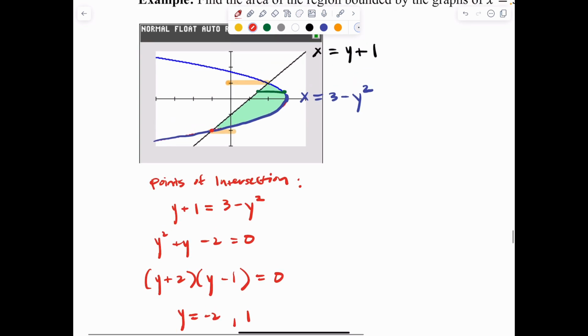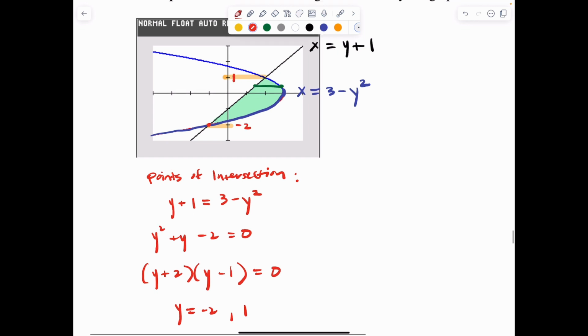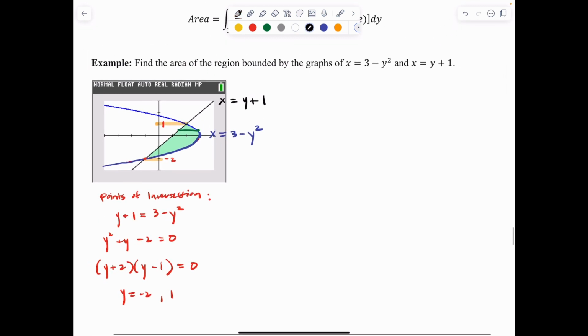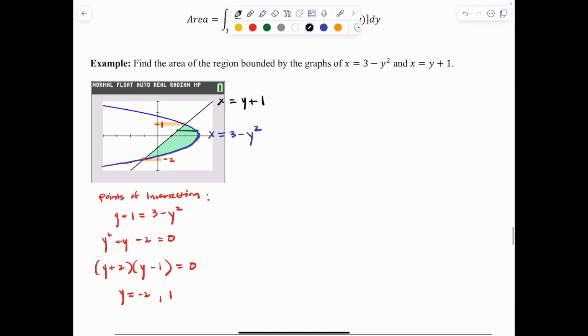So negative 2 and positive 1. Now whenever we calculate the area of that region, we can set up the integral from negative 2 to 1, and we're thinking right minus left. Okay, so right would be 3 minus y squared,